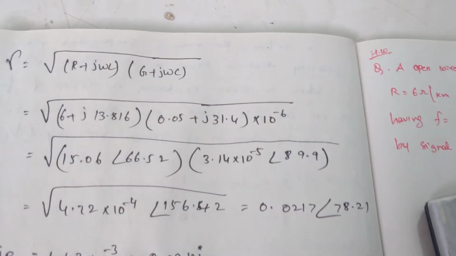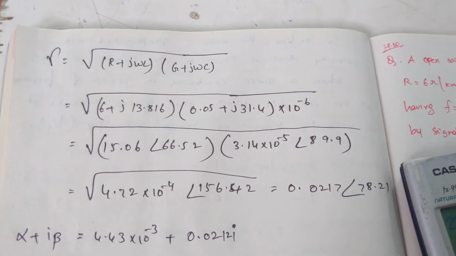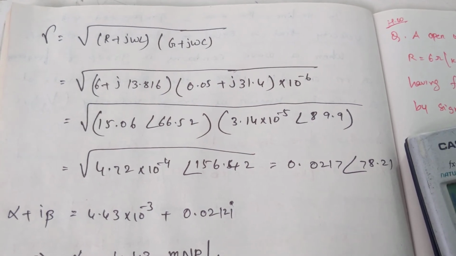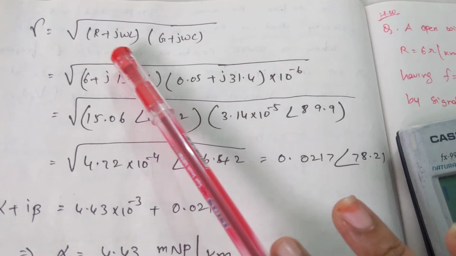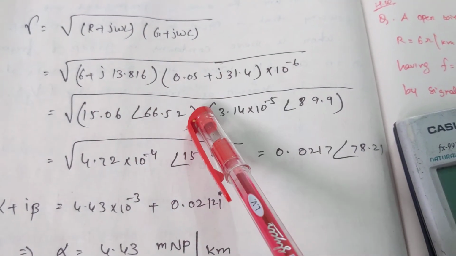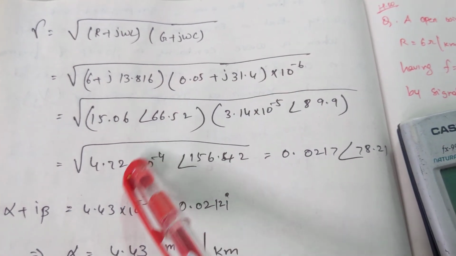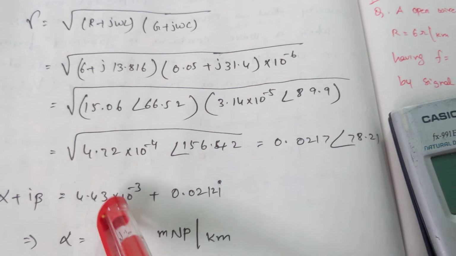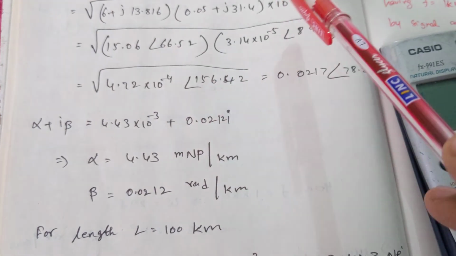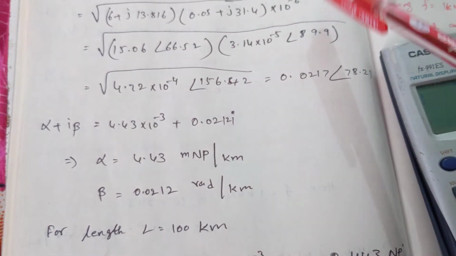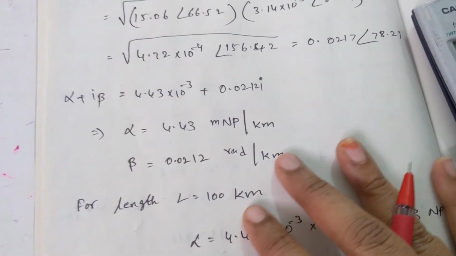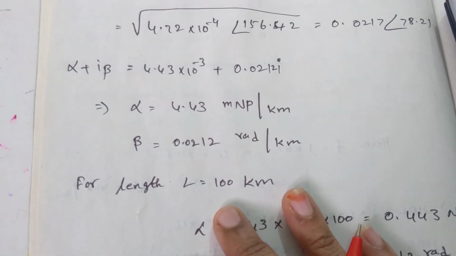Now we are supposed to find out your gamma. The propagation constant gamma is nothing but alpha plus j beta. Already I know R plus j omega L and G plus j omega C. Directly convert these two things into rectangular first, then take the square root, and you can get your alpha and beta values. Already I solved the previous one and that's why I'm not repeating this, because it will be somewhat lengthy. So everyone, please try to solve on your own to get your attenuation constant and phase constant.